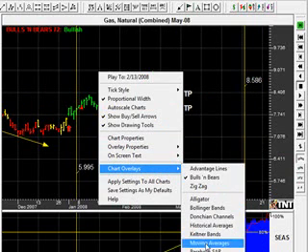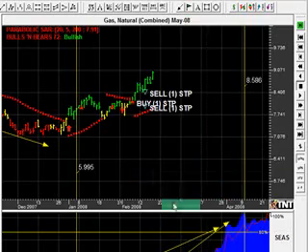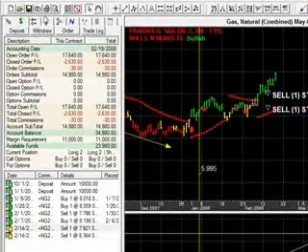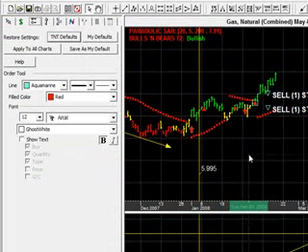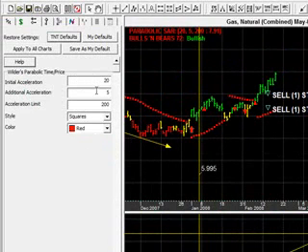We can come in here and we can turn on the parabolic SAR. And the parabolic SAR is a mathematically calculated point where we can place our stops. And I'm going to come and look at the parabolic SAR settings. And let's see, I want to go to overlay to parabolic SAR. And that looks good. Let's come in here and turn on the bulls and bears